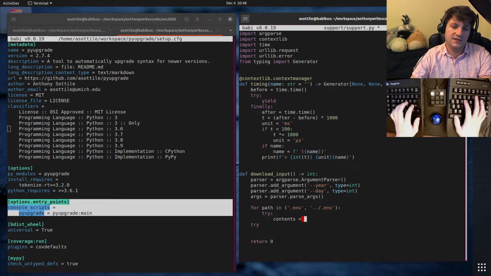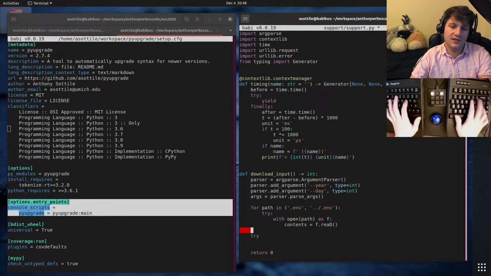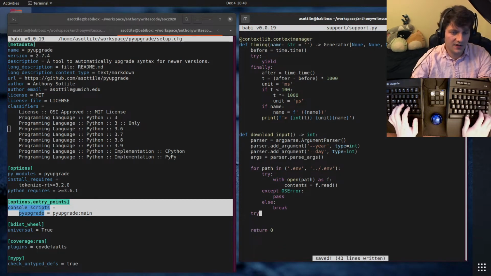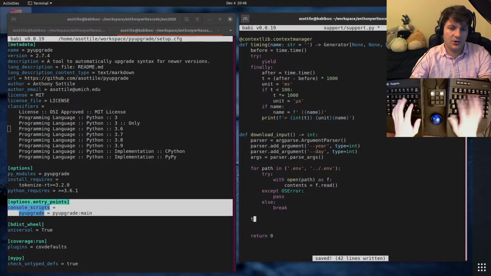Try contents equals, oops, with open as f, contents equals f.read, except os error, pass, else break. So we're gonna look for both of those in files. And now we are going to try and download the file.